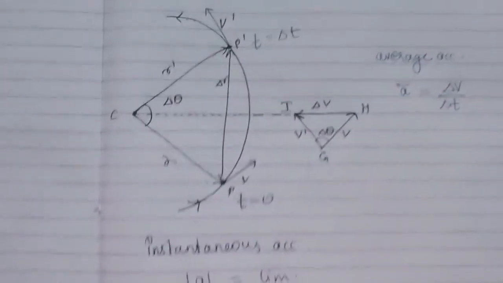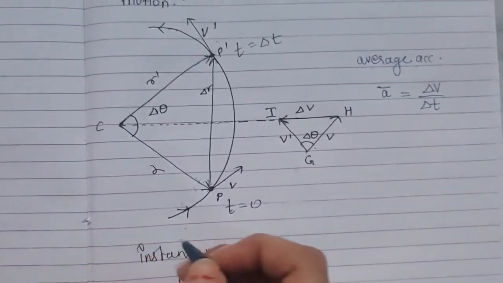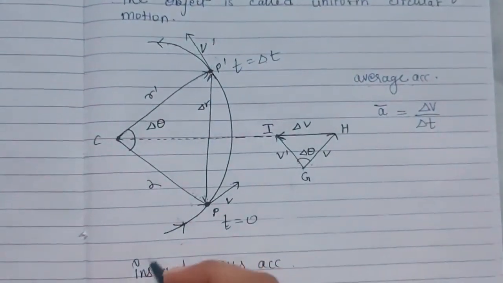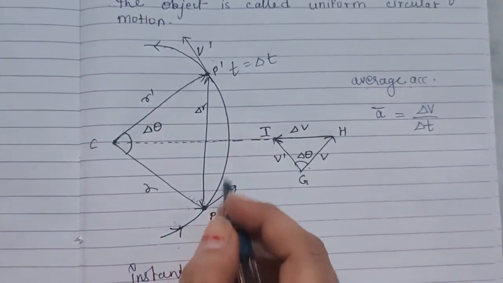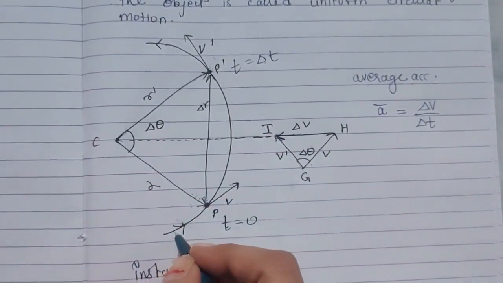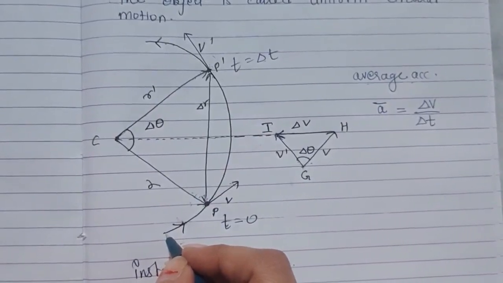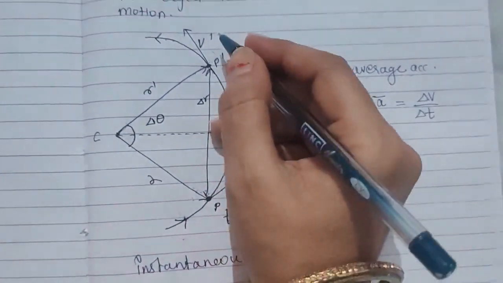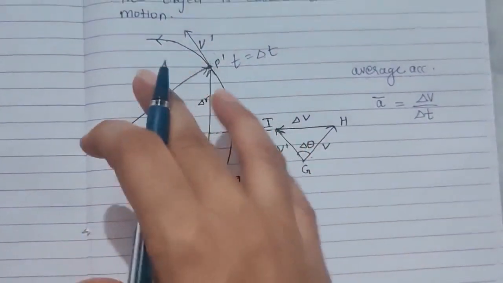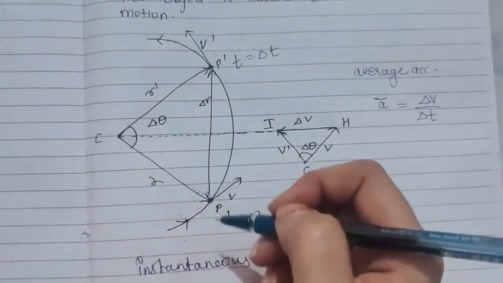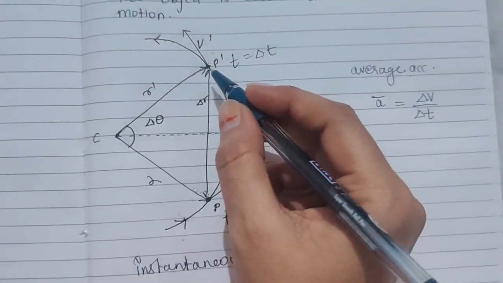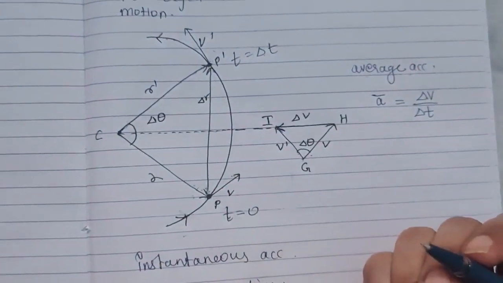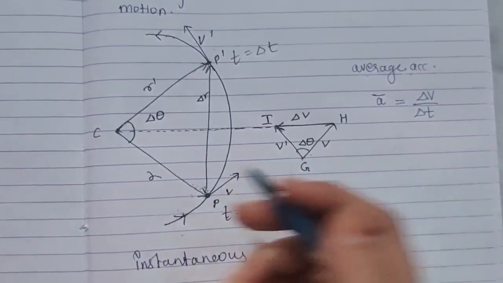As you can see in the diagram, we have considered one particle performing circular motion which is uniform. That means the speed of the object is not going to change. The object is moving from here to here. Let us consider any two random points P and P dash. Because we are going to study this motion, we have considered two random points P and P dash. Through these points we are going to study the motion of the particle.